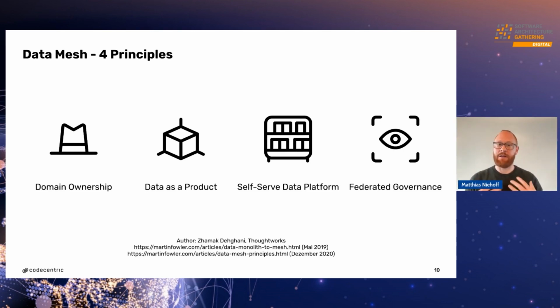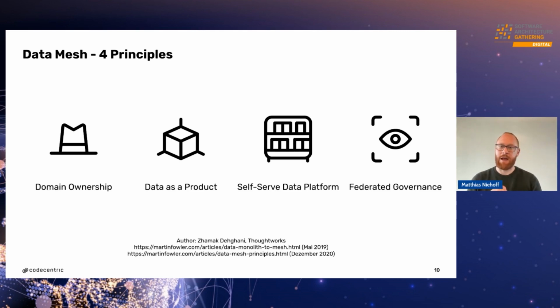It's really thinking of data as a product, not only as an asset, with all these things like contracts. Maybe I even have to think about what my consumers are needing, what will I break when I make changes, and manage those things as well. So that not every domain has to do its own infrastructure, we have the idea of a self-serve data platform where every domain can offer their data and also use the data from other domains.